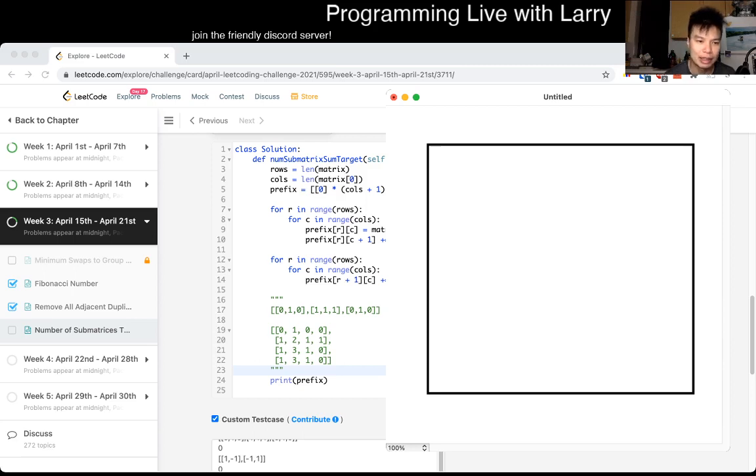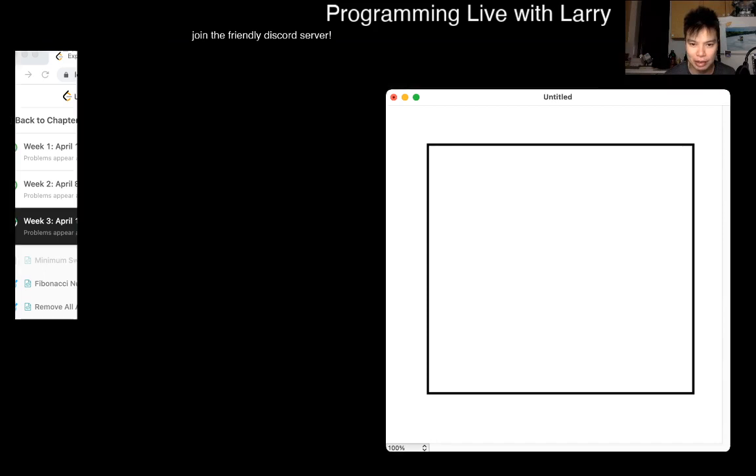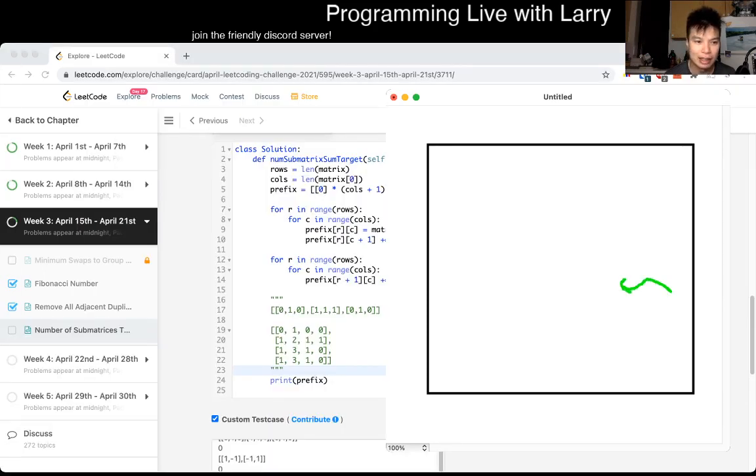So okay, what does each cell mean? Each cell, let's say we're looking for this cell, the prefix sum gives you the sum of the matrix in this corner, going from the origin all the way to the point that you're looking at, give or take -1. So let's say you want an arbitrary box. What does that mean? That means you can use the prefix sum by looking at